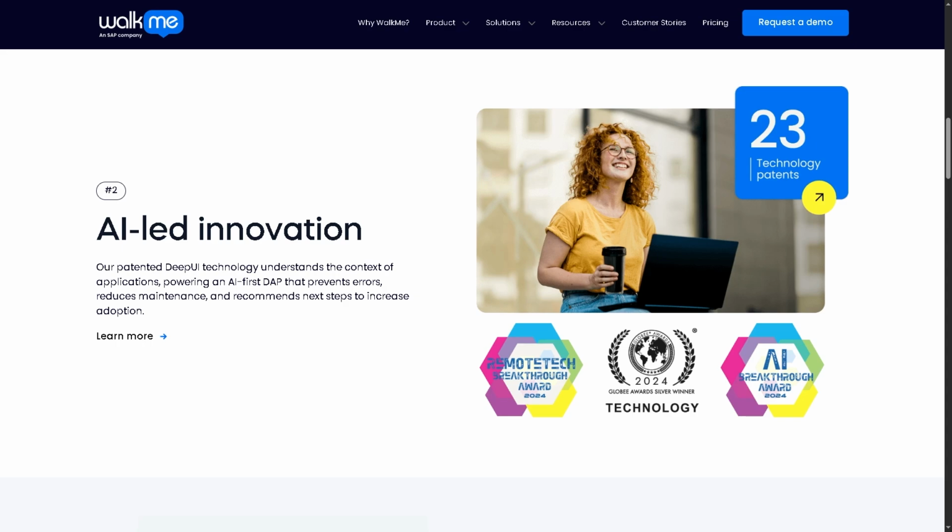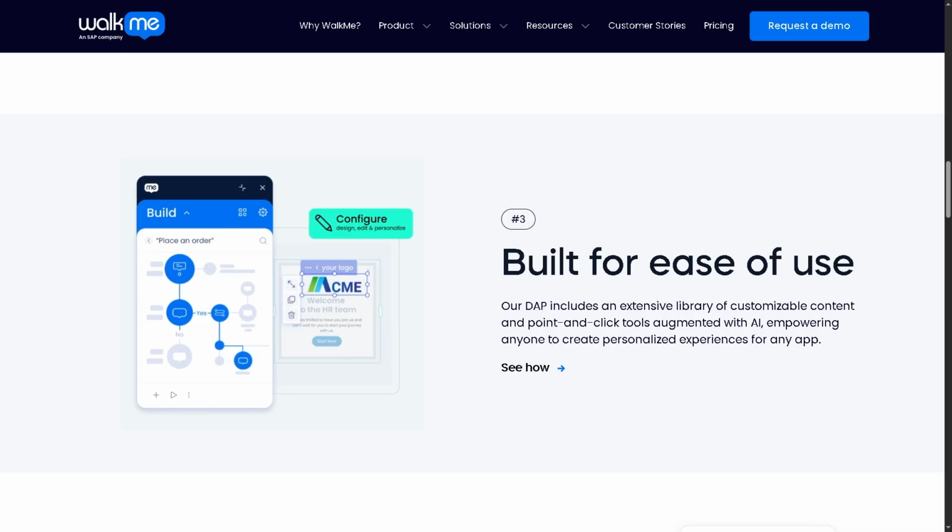And of course, it is built for ease of use. WalkMe's interface is designed so non-technical teams can build, edit, and deploy walkthroughs, tooltips, and in-app guides without coding. The goal is to make digital adoption tools easy to create and manage, even for people who aren't developers, saving